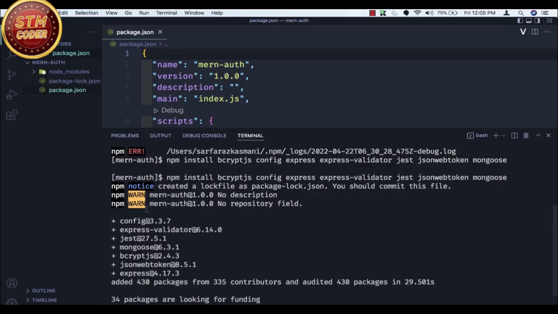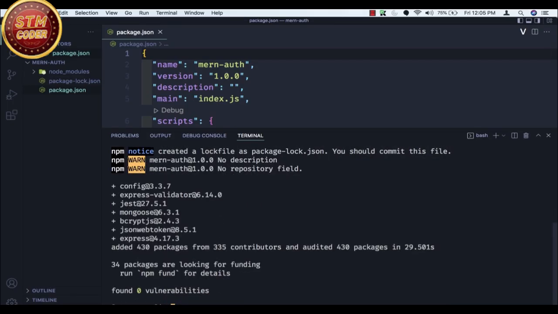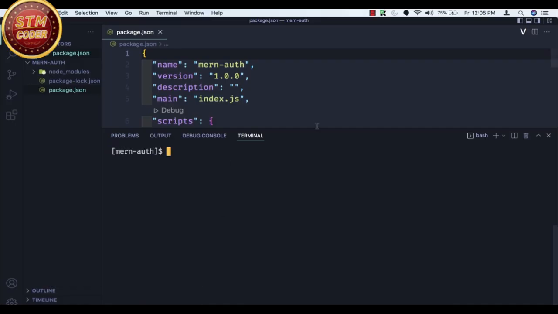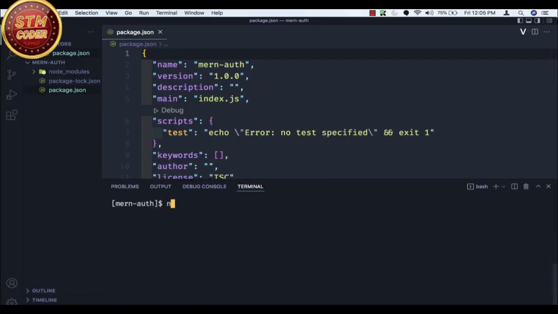Now we will install development dependencies. So let me clear this out. So clear, and I will install development dependencies. So npm install, and then we will do -D. Then we can use concurrently. Concurrently is a tool that allows us to run multiple commands concurrently to start both front end and back end while we are developing both.